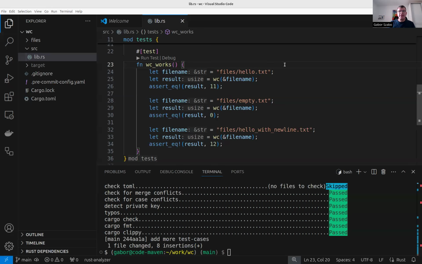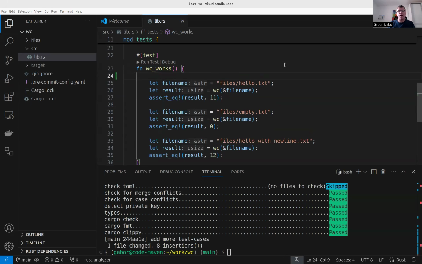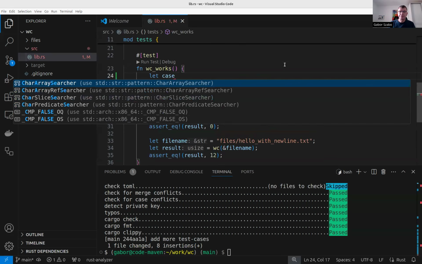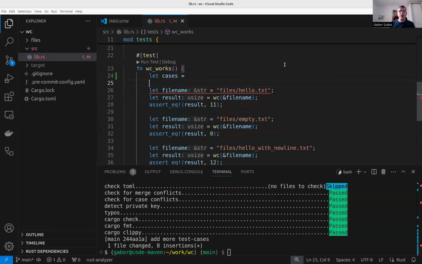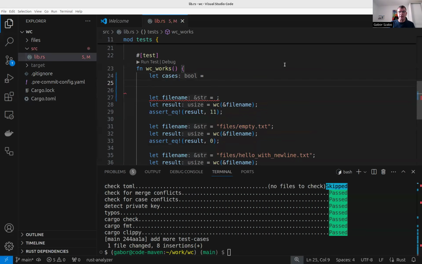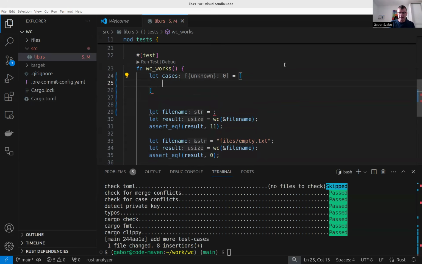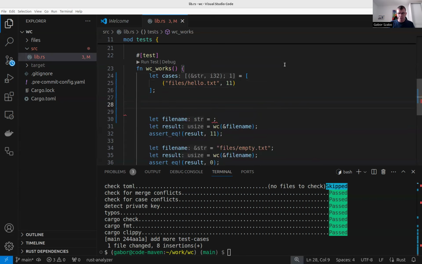Good. So what I said is that I am sort of fed up with the copy pasting. So let's set up cases, which should have test cases. Okay, so what should be there? It should probably be an array like this. The first thing would be the name of the file, and then the next thing is the expected value. Okay, and for case in cases,